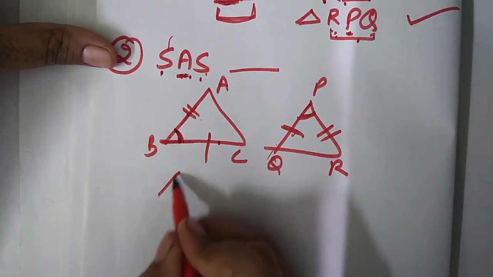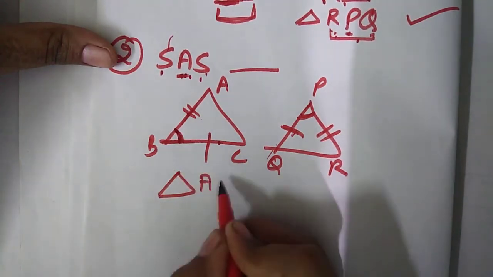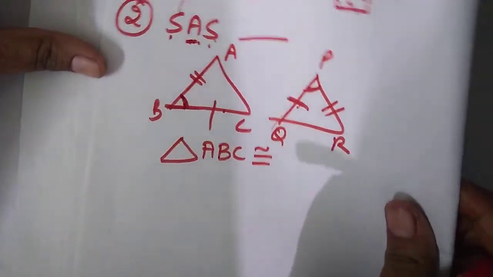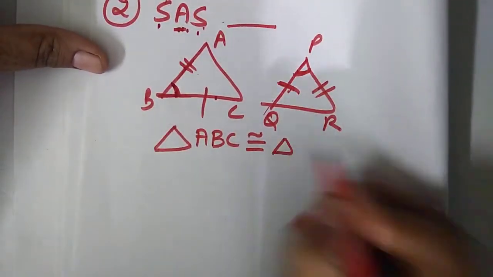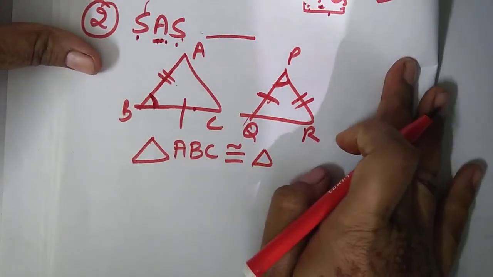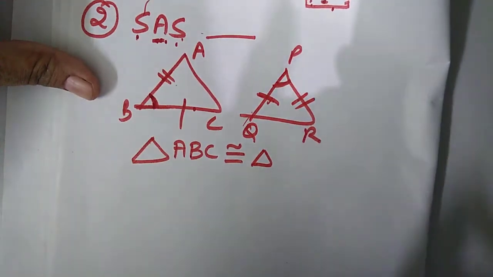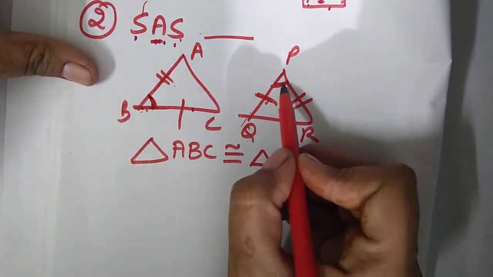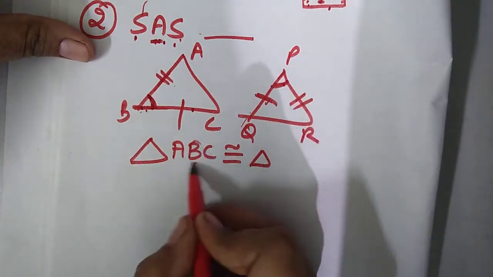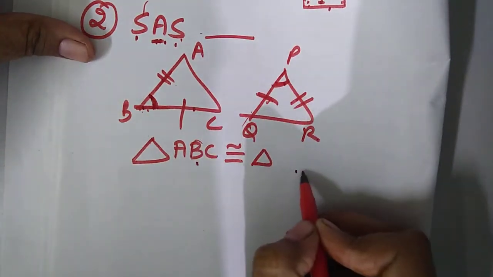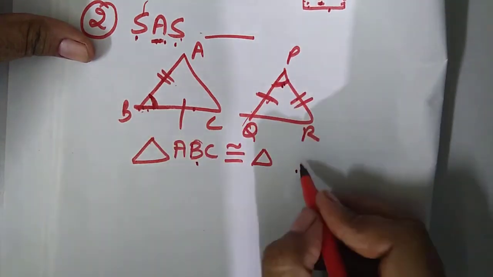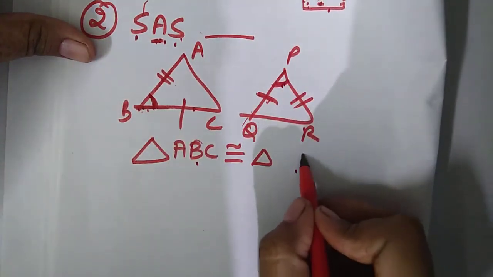How will you write the name in symbolic form? So write the name of the first triangle in any order. Let it be triangle ABC. Now whenever the angle is given, just fix the position of the angles. Here angle B is equal to angle P, so B is at second position. So here also you have to write P because angle B and P are equal. So at second we have P.